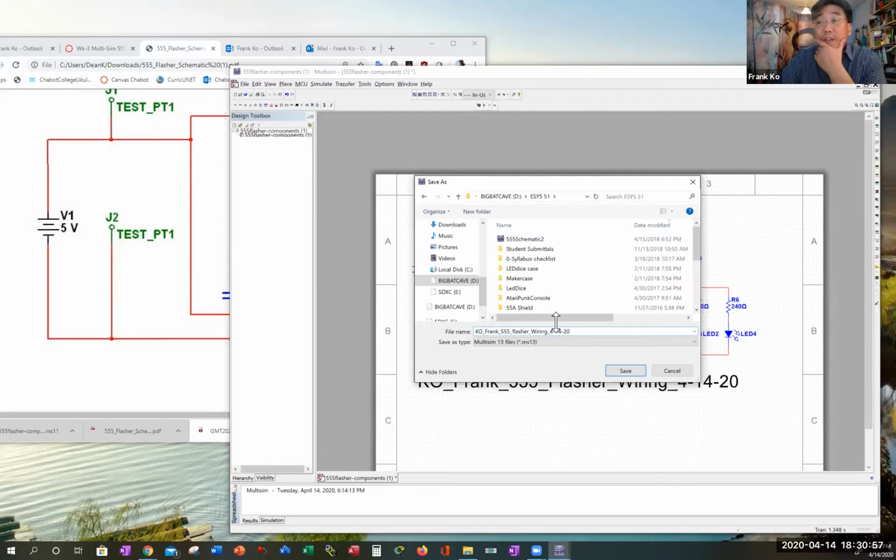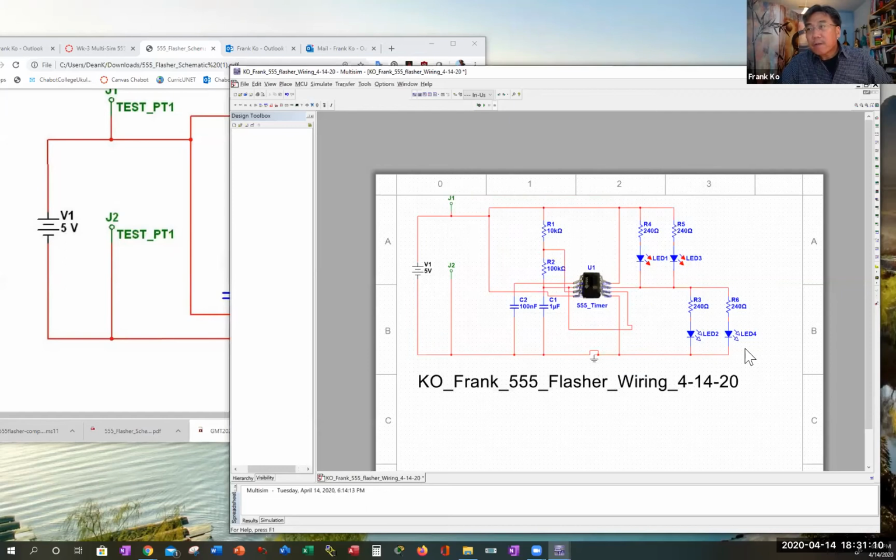So your file name will be saved as last name underscore first name underscore 555 underscore flasher underscore wiring underscore whatever date you complete this exercise. And I'm going to hit save. So it's saved with the same file name that I've created in this label down here: first name underscore last name underscore 555 underscore flasher underscore wiring underscore today's date, or whatever date you finish